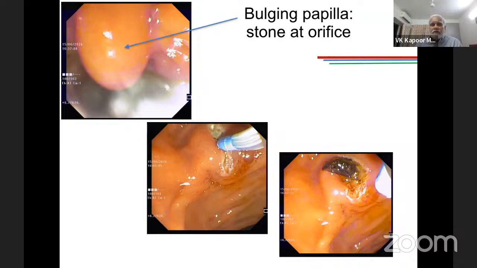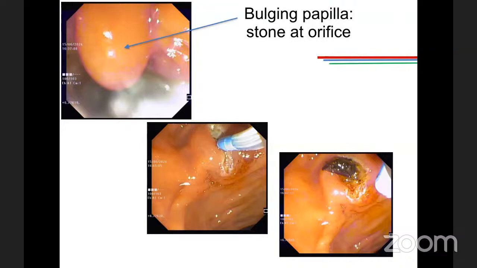But I would caution the students that if you are doing a lap chole in a patient who has a stent in situ, for the patient's sake, tell the patient, tell the relatives, make sure they get an appointment with the gastroenterologist to get the stent removed. And for your own sake, please document in the discharge summary: advised stent removal. All of us have seen stents lying in the CBD for months and sometimes even years, and that would amount to negligence. So for the patient's sake, as well as for your sake, tell the patient and document it. Vinay, I have removed a stent today after 19 years.